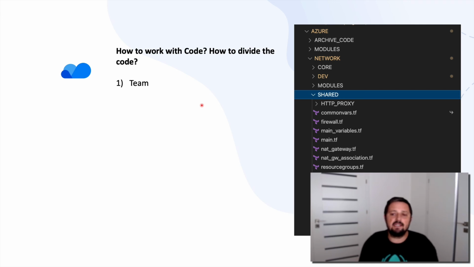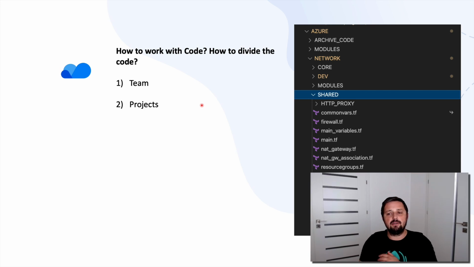And in many ways, this is the way I do. So I divide the code through the teams or the areas which they are taking care of, and then I divide the code per different environments I'm building for a specific customer, as you have seen on my Draw.io drawings. But you can also think that for some project code, you may divide this code in a different way. So you have a landing zone in different states managed by different teams, and that's fine. But the code for a specific project has a dedicated state